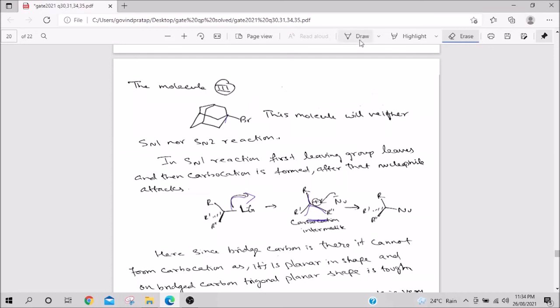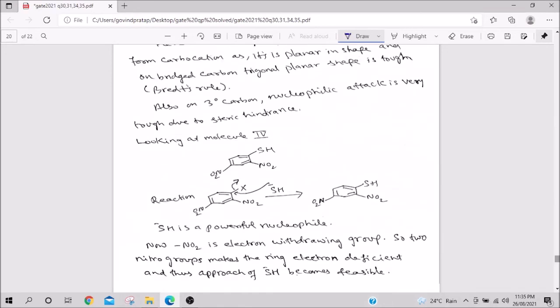Why? Because if some leaving group is there, it is on a tertiary carbon. On a tertiary carbon, SN2 reactions are highly disfavored. Why is it highly disfavored? Because it is very bulky. For the nucleophile to attack on a bulky-centered tertiary butyl is very, very tough. SN2 reaction is most favored in primary alkyl halides, then secondary, tertiary almost not possible. So this will not happen.